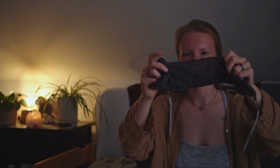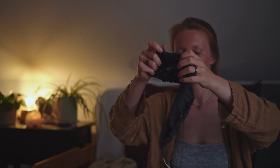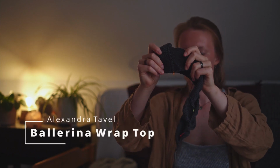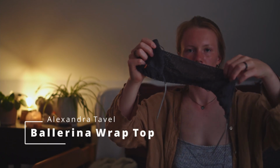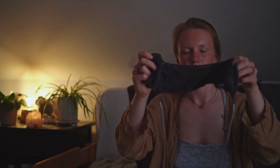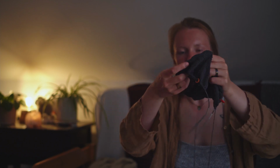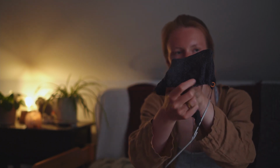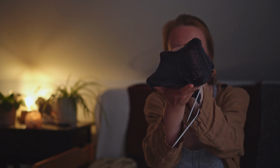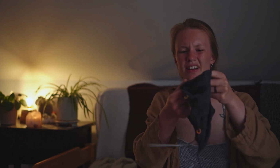So there's not much to see yet. This is the Ballerina wrap top by Alexandra Tavel from 2 of 1s. And this is a really nice wrap top. And yeah, it's very difficult to show. But basically this is just some raglan increases that I'm doing there. And then it's just gonna go down here and it's gonna be wrapped around,